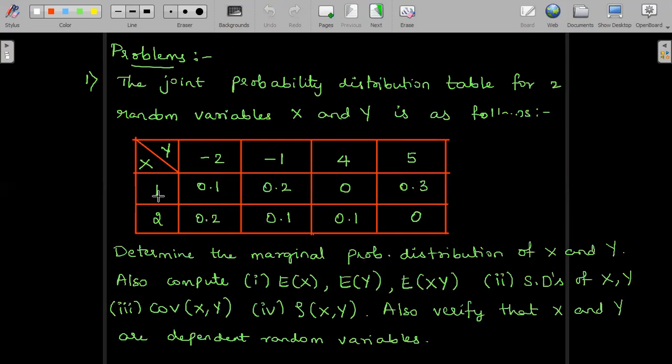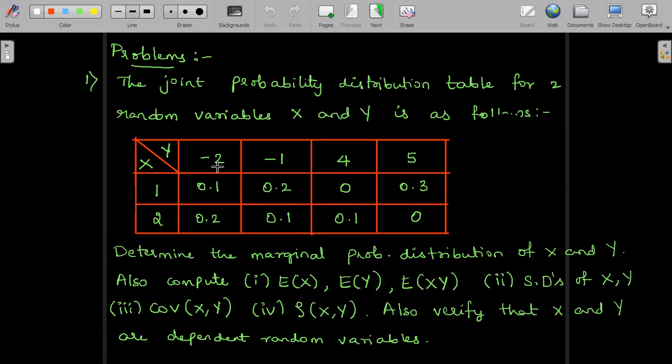It is the product of every xi, so 1, into every yj, so -2, multiplied by its joint value. These are the j values. I already mentioned that when I quoted the question. So these are the j values for us, denoted respectively by j11, j12, j13, j14. Second row, j21, j22, j23 and then j24. So every xi is multiplied by its yj with multiplication of the joint value.